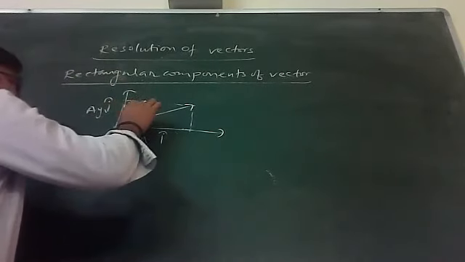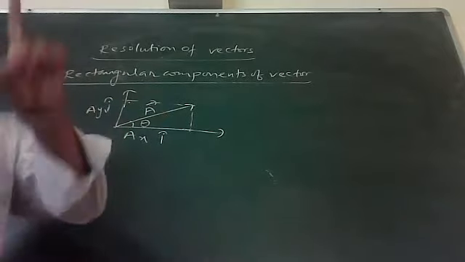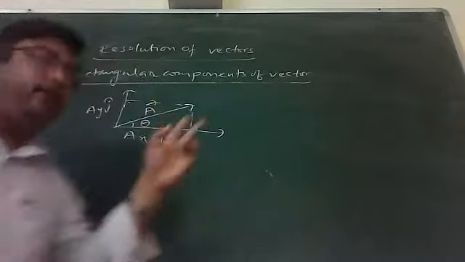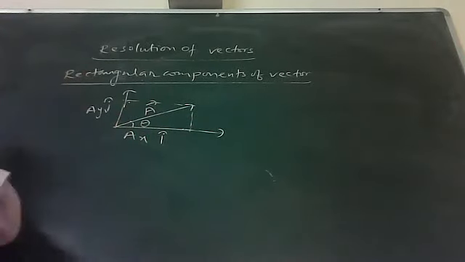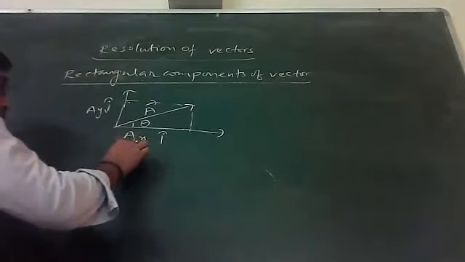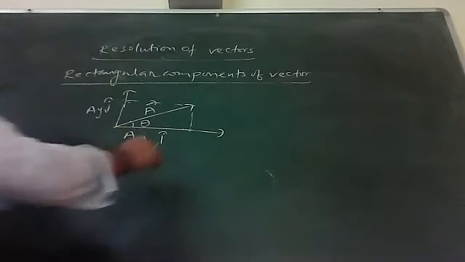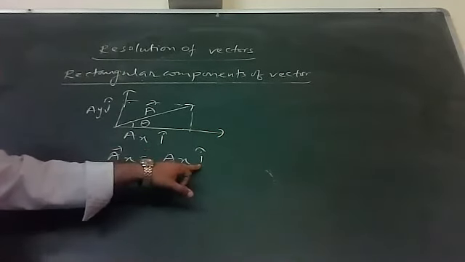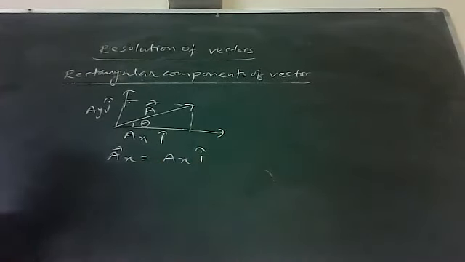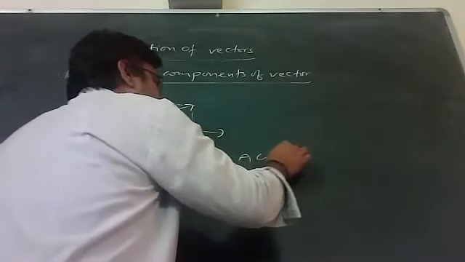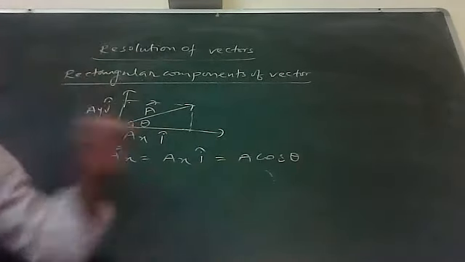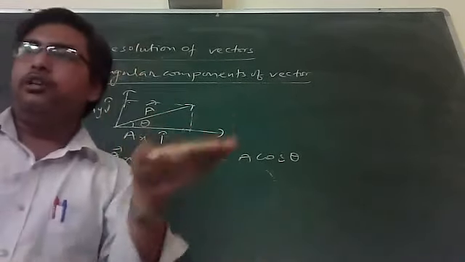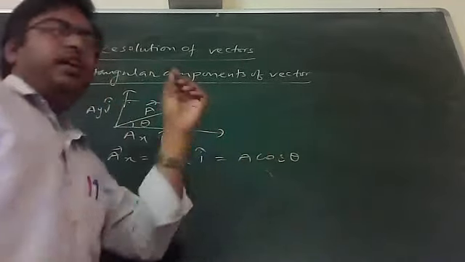Let's suppose this angle is theta. The vector is making angle theta from the horizontal, as shown in this sketch. Then this Ax, the component of the vector on the x-axis, can be represented as Ax I cap. I have removed the vector symbol because the base vector is multiplied; it is giving the direction, and this will be represented as A cos theta. If the vector makes an angle with the horizontal, then the horizontal component will be termed A cos theta.